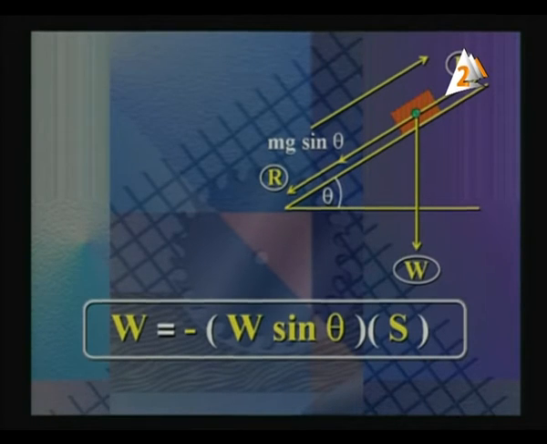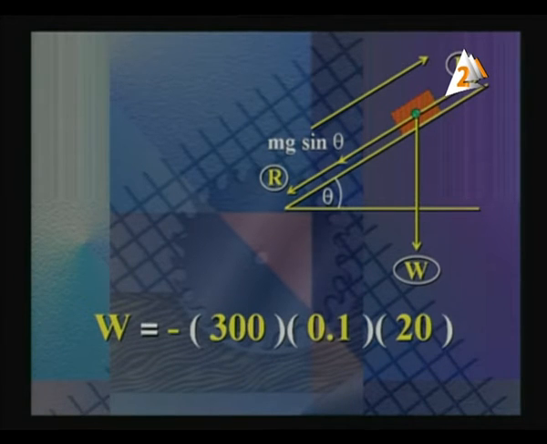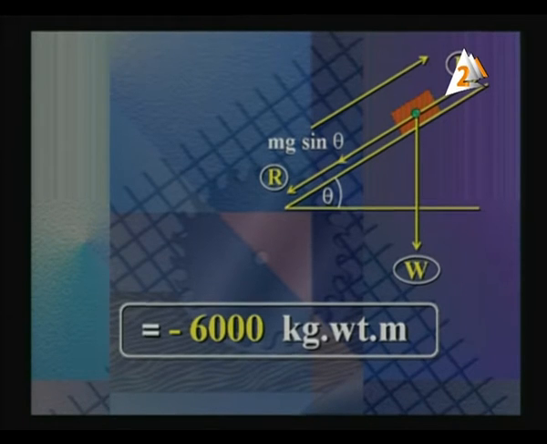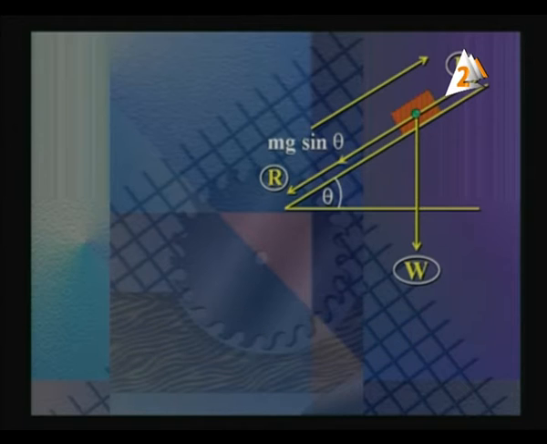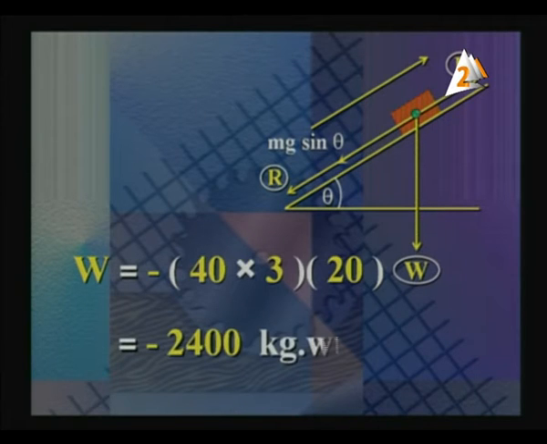the work done by the weight of the car is given by W equals minus W sine theta times S. So it equals minus 3000 times 0.1 times the distance 20, which equals minus 6,000 kilogram weight meter. As the second requirement, the work done by the resistance of the road, W equals minus 40 times 3 times 20,